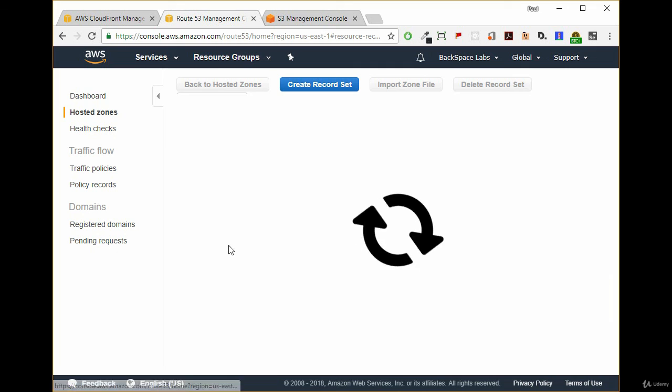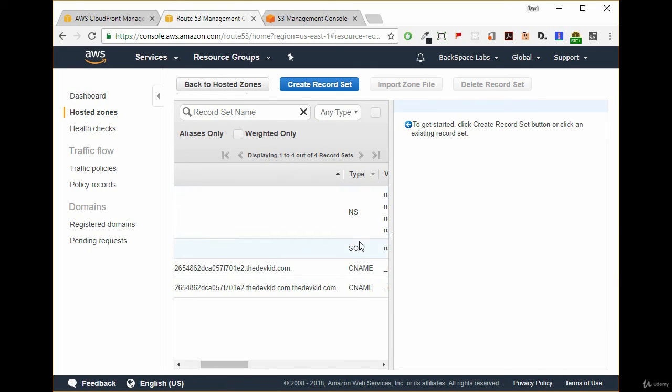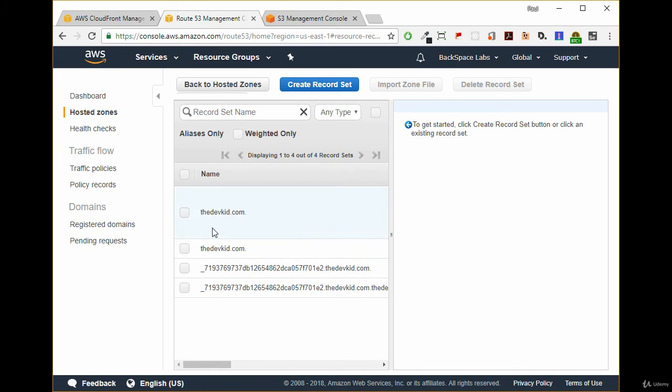We have a name server record, a start of authority record, and 2 CNAME records. These 2 were created when we purchased the domain name, and these 2 here were created by the certificate manager when we went through that validation process